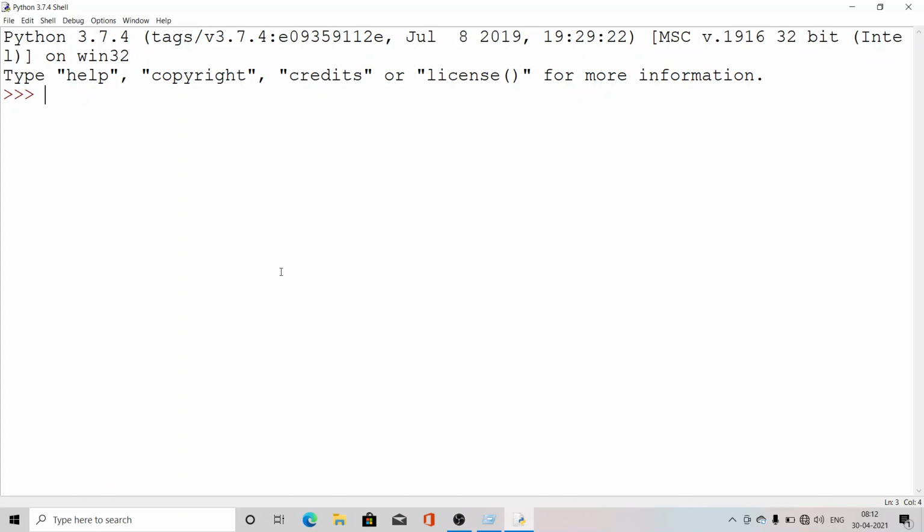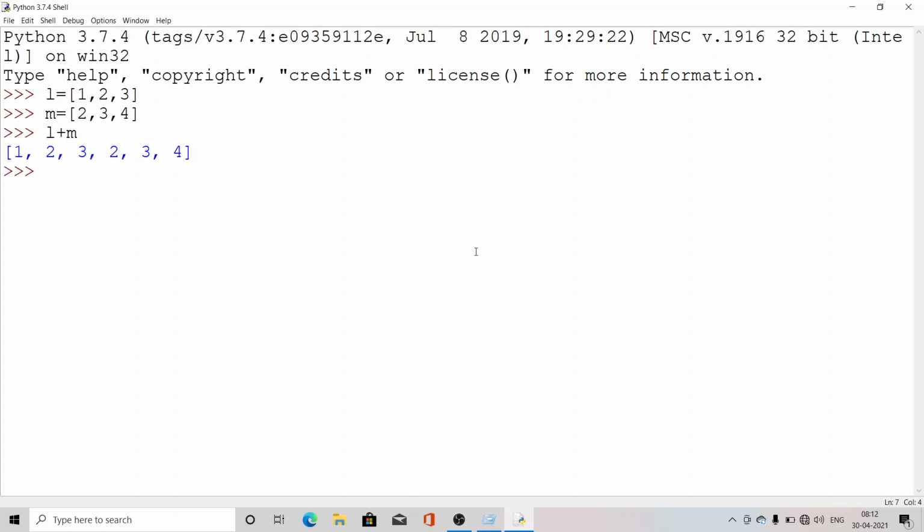So here, yesterday I told that if I have a list, L is equal to 1, 2, 3, and I have another list, M is equal to 2, 3, 4. And if I am writing L plus M, what will the output be? So L plus M will add the lists. Add the list means in the resultant list, the L elements will come first and then the M elements will come.